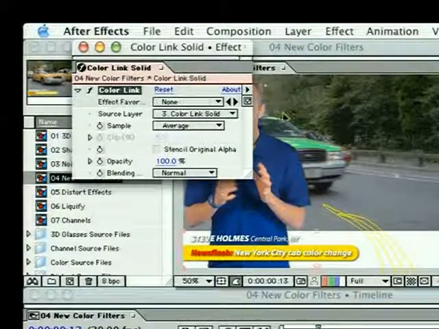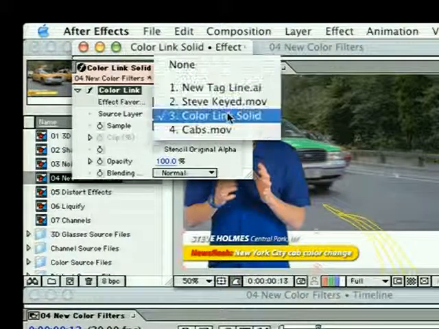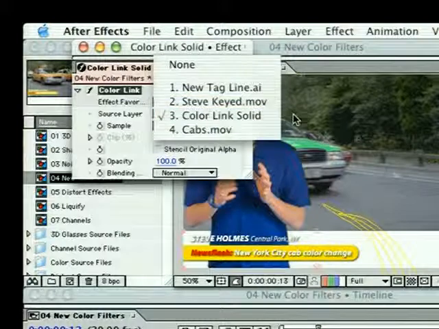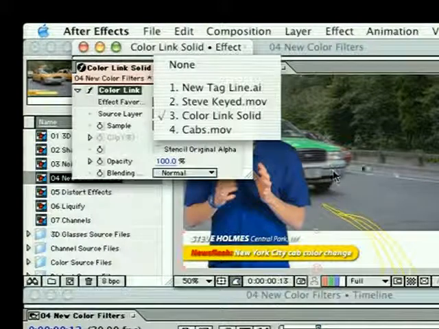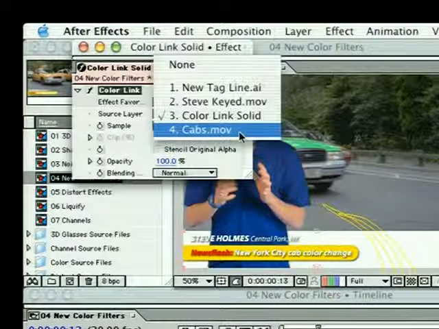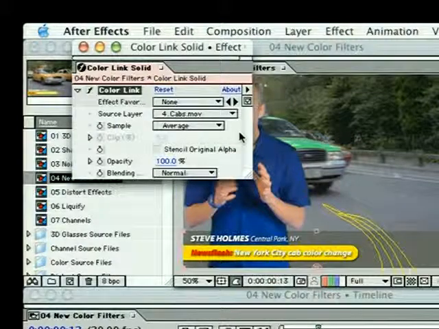Now, the reason for that is there's actually no fill at all. The source layer here is set to the current layer we're looking at, which is Color Link Solid. What this filter basically does is fill the currently selected layer with an average of the color pixels from the current frame of the shot, depending on which layer we choose. So what that basically means is it's going to analyze all the pixels that are moving in the background, because this is the layer we're going to choose here, the Cabs Movie, and it will take the average pixel color